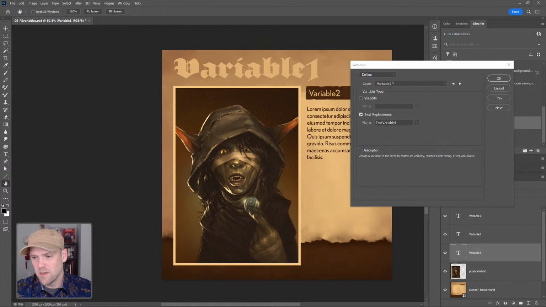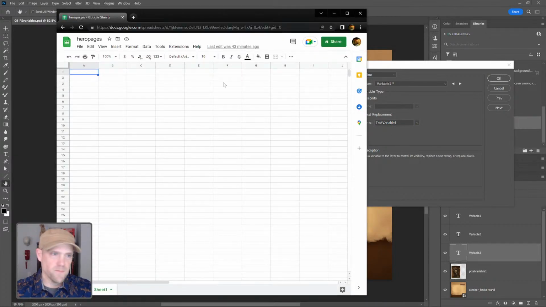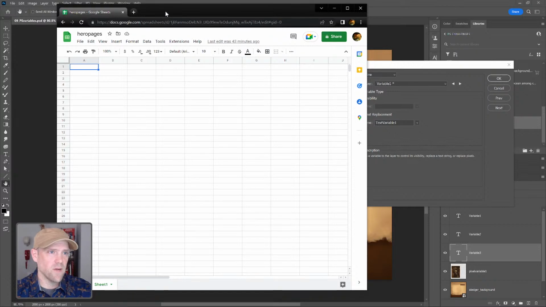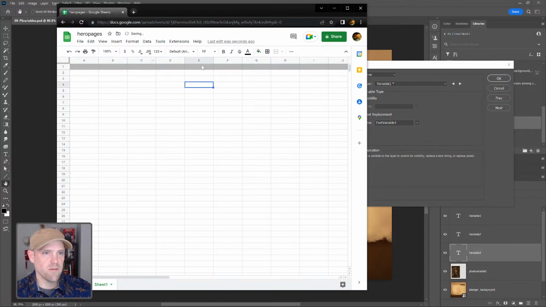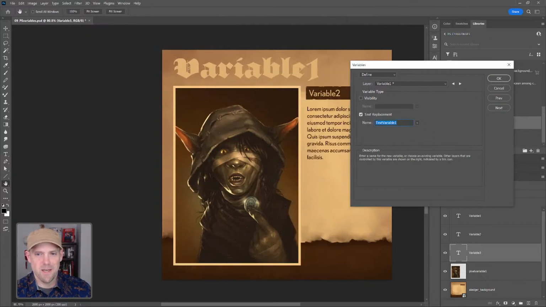I am using Google Sheets for this, and you can use any spreadsheet editor that you would like. I'm going to do a little basic formatting because I just want to let everyone know that this top row is not a variable. Well, it is a variable. It's just defining, it's linking everything in the column. And so if you want to be really precise and make sure you don't have any spelling errors, you can copy and paste